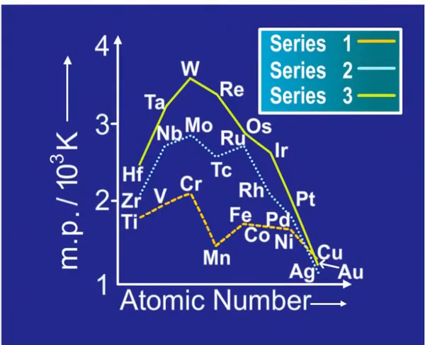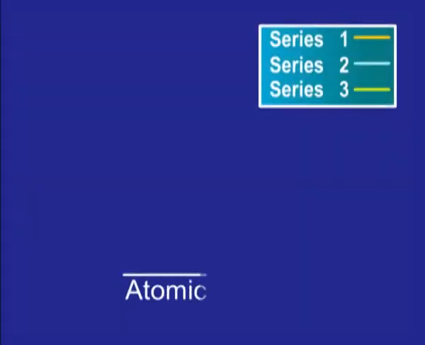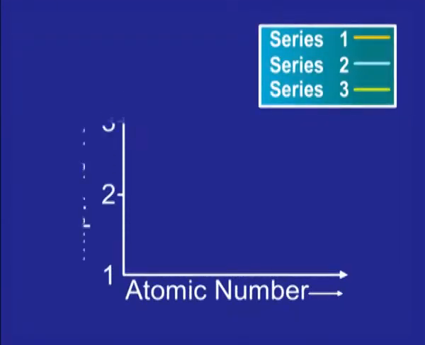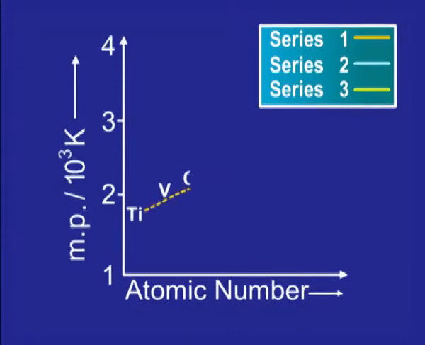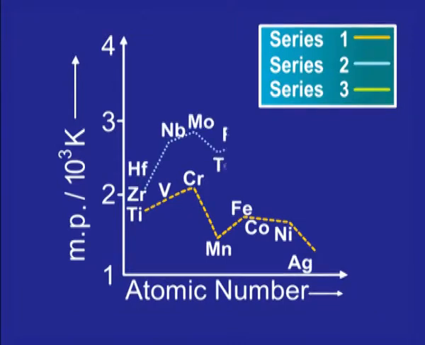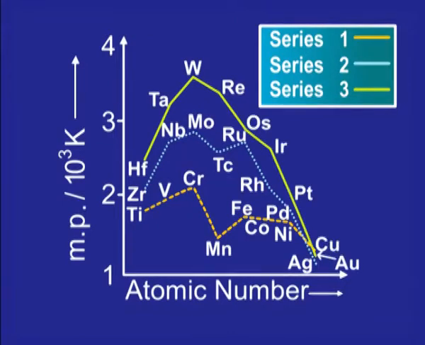Look at the graph on the screen. Here, atomic number is plotted against melting point. We are looking at the atomic numbers of the first, second and third transition series in this graph. It is clear from this graph that the melting points of the second and third transition series are much higher than those of the first transition series. Moreover, in each transition series, the melting point increases with increase in atomic number and becomes